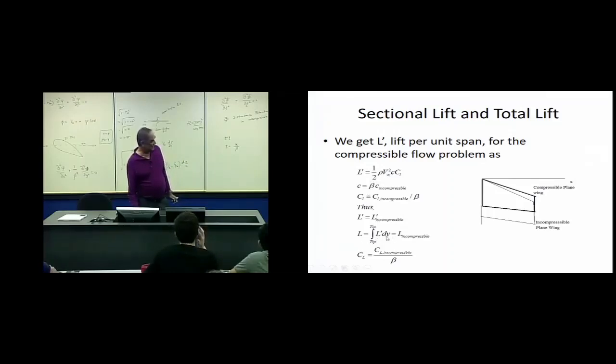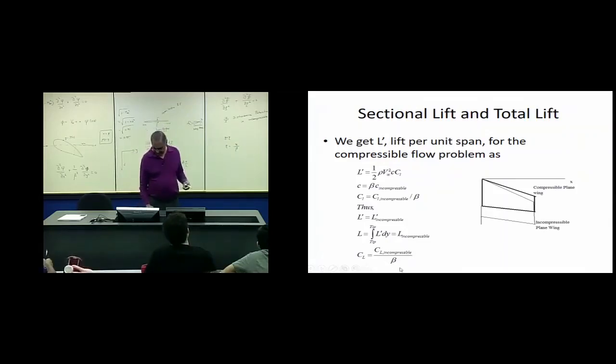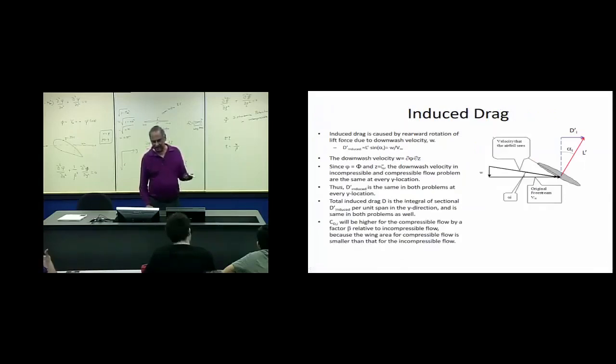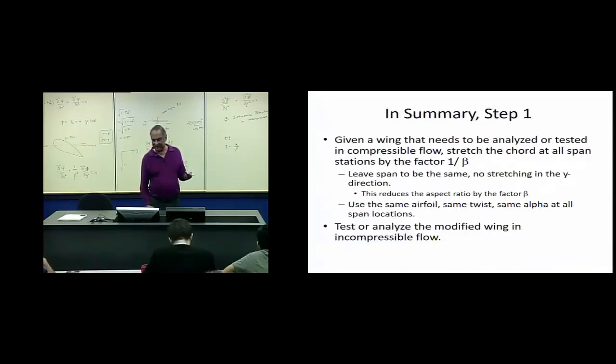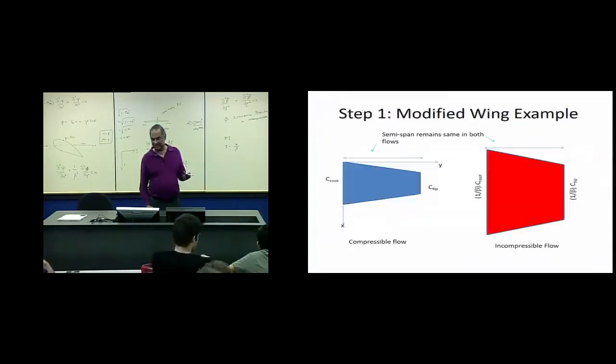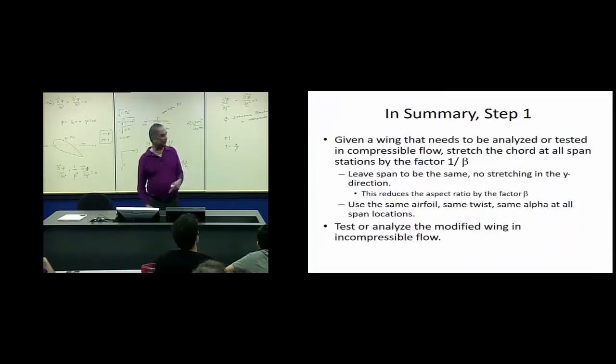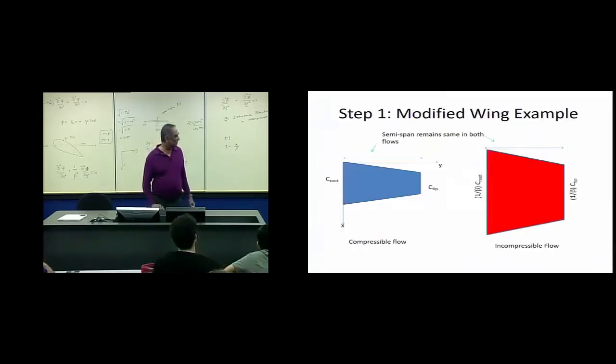L would be L incompressible because in the y direction nothing gets stretched. Then the CL would be lift divided by 1/2 rho V infinity squared times wing area. Because the wing areas are now different, you get the CL scaled by beta also, the wing lift coefficient. You could also show that the induced drag gets scaled by 1 over beta also. So if somebody gives you this